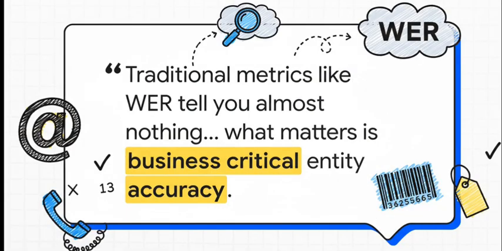And this is where things get really nuanced. For a lot of apps, like say a customer service bot, getting a slightly lower overall word error rate is way less important than perfectly capturing one single critical detail. Think about it: an email address, a phone number, a product ID. If you miss one dot in that email, the whole thing is useless, even if the overall WER barely even